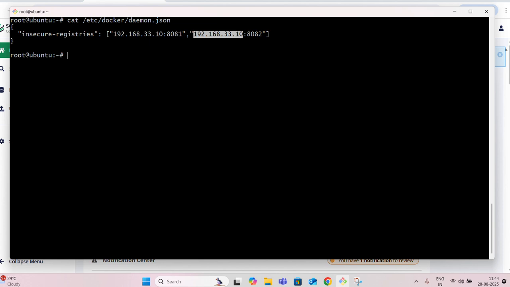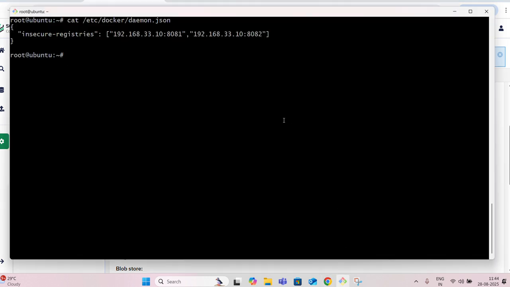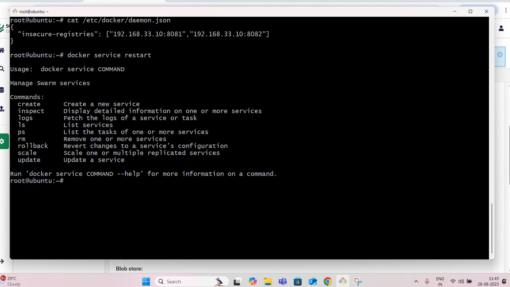This one is the IP, and the repository I created is the Docker registry. So the repository port I mapped here is the repository I created, 8082. So this 8082 I mentioned here only, 8082.